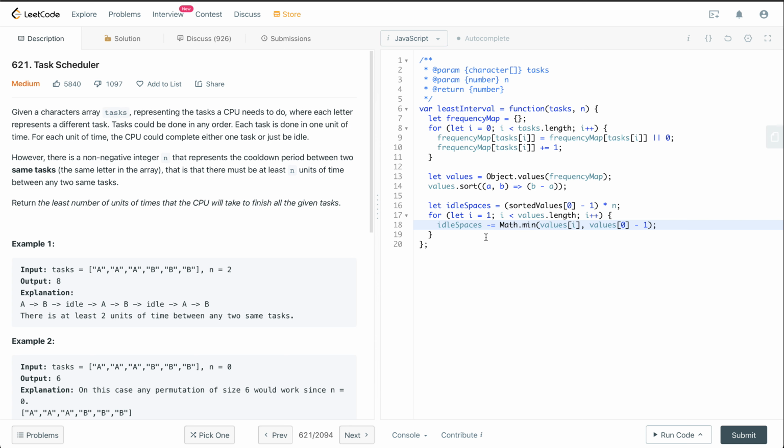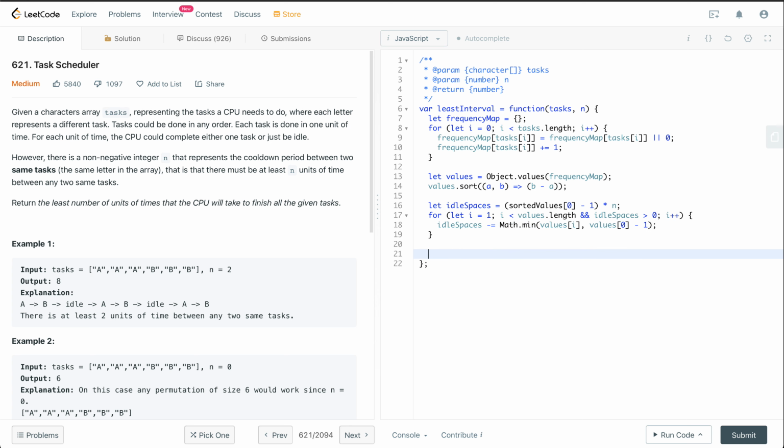So at the end of this loop, there is just one more case that we should consider here. Idle spaces should always be greater than 0. In case, because of this calculation, the number of idle spaces goes into negative, then this loop will stop.